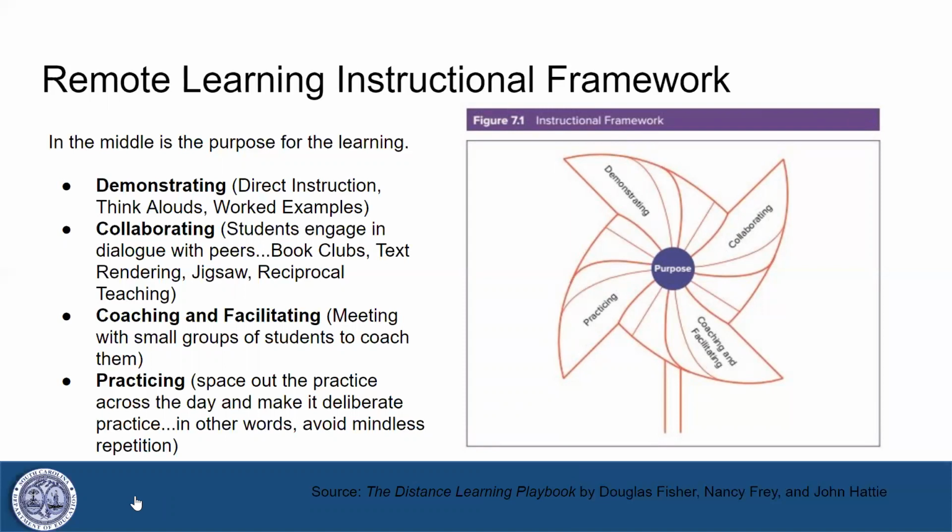And then practicing. Kids need time to practice in the presence of the teacher, and with coaching from the teacher, so that when they go out and practice independently, they are practicing it right and not practicing it wrong. So finally, students need time to practice authentic reading, writing, and thinking by extending their learning into their remote learning time.